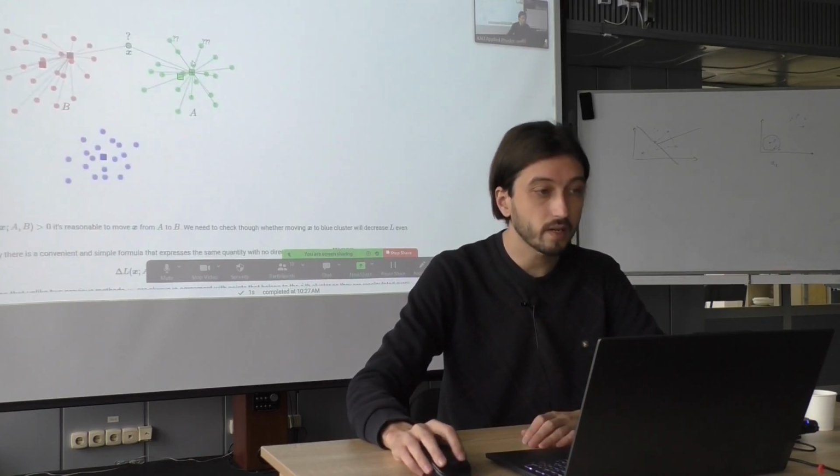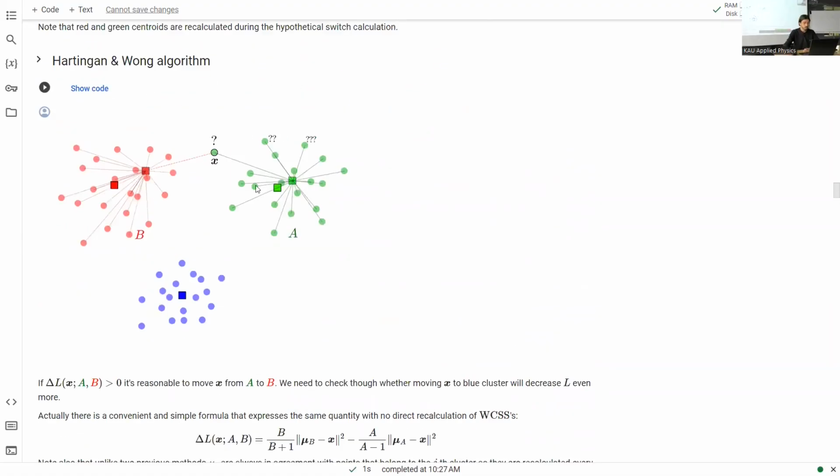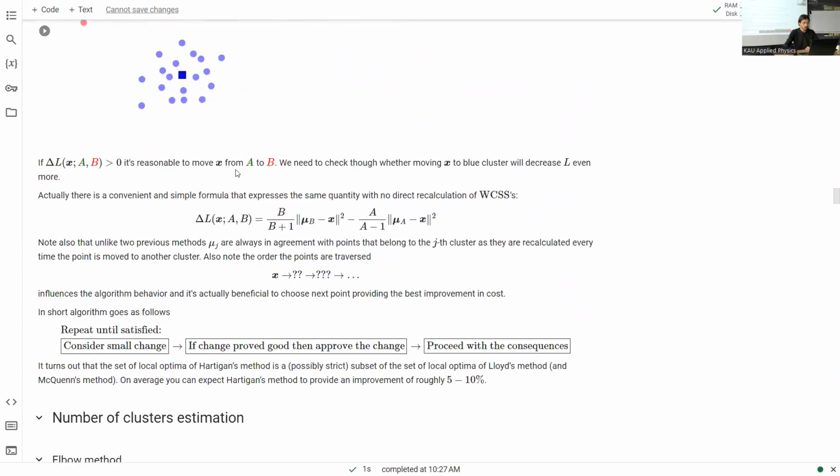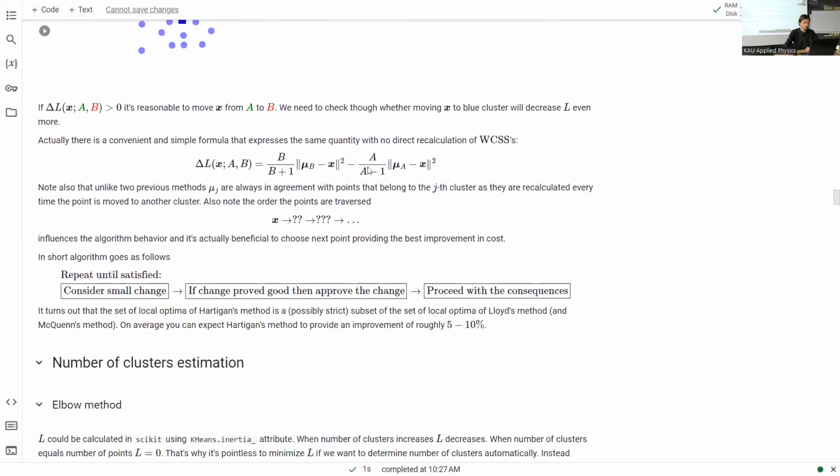Okay, very quickly, the Hartigan and Wong algorithm. It's a very careful algorithm that considers transferring each point separately. And just a note for you: you may think it's very long, that it should take a very long time to transfer each point separately, because we should recalculate all those loss functions for each of the clusters. But it turns out that the formulae are so nice that I can calculate the change in the loss function L that we have